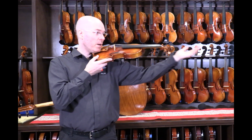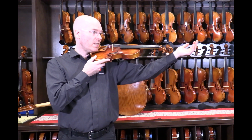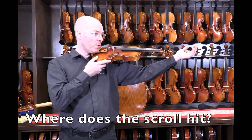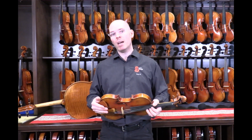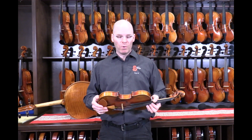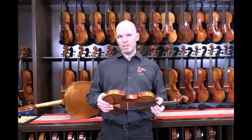So you can see that my wrist is well beyond into the scroll. So a lot of times when we're looking, okay, does the scroll go to the end of the wrist? Is it below the wrist? Is it in the palm? And every teacher is going to have their own specific requirements, what they want to see in your child or in your students. So I would say definitely come in, but at the same time talk with your teacher, because